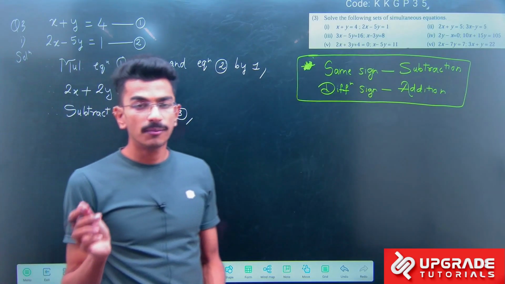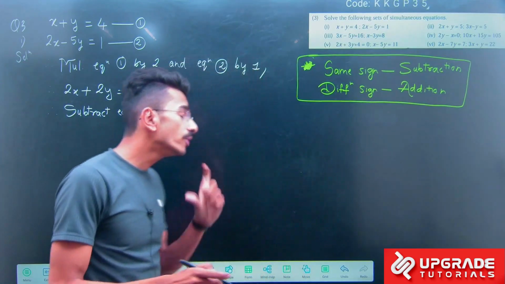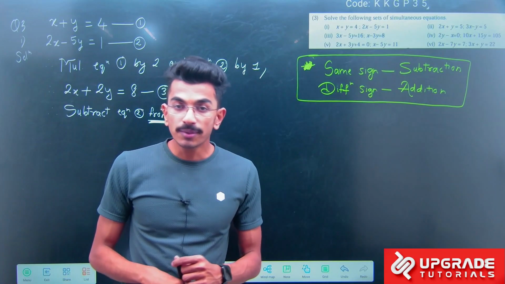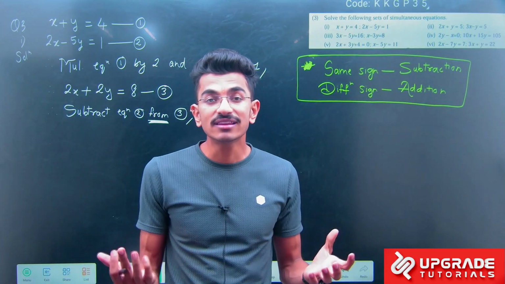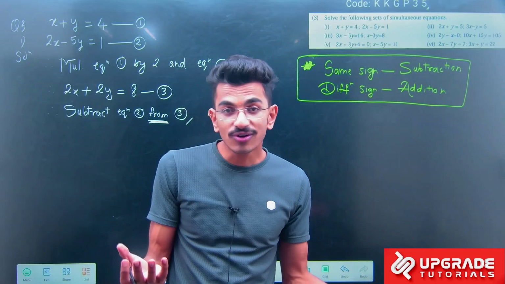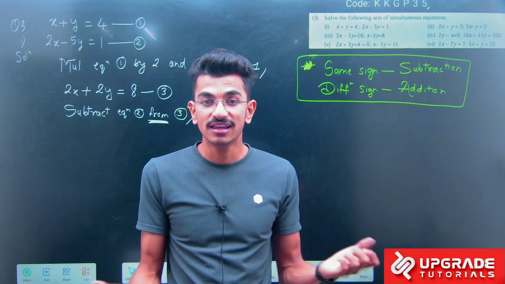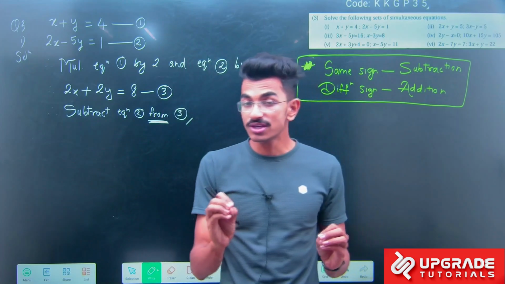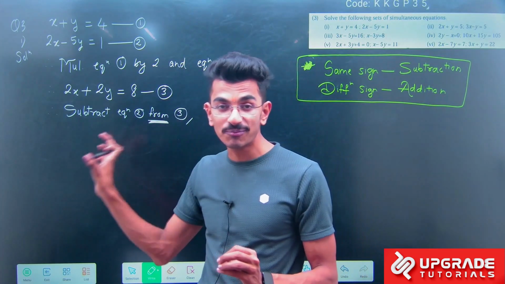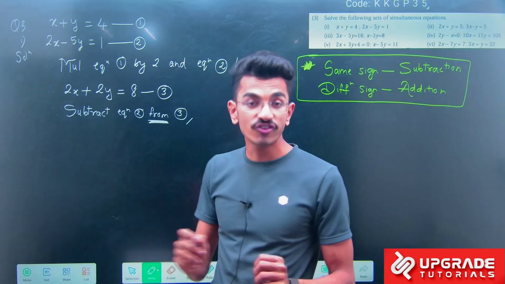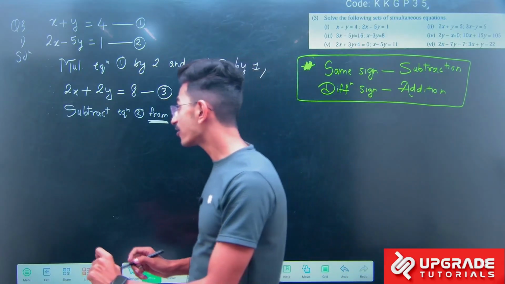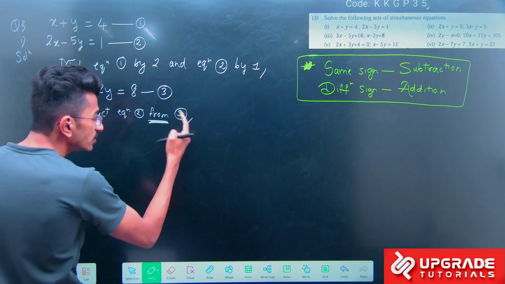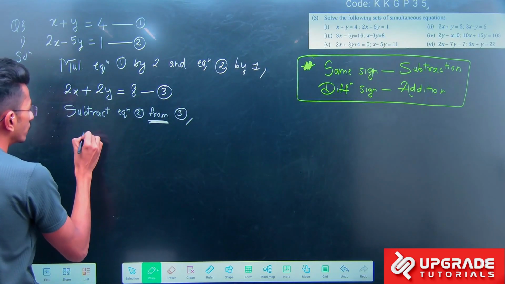Always keep in mind, when you write the word subtract, you have to write the word from. What people write? Subtract equation 2 and 3. अरे भाई, 2 में से 3 को निकालना है या 3 में से 2 को निकालना है, हमको वो समझ में नहीं आता. So keep in mind, whenever you write the sentence for subtract, always write the word from. So when you write the word from, what should you do?